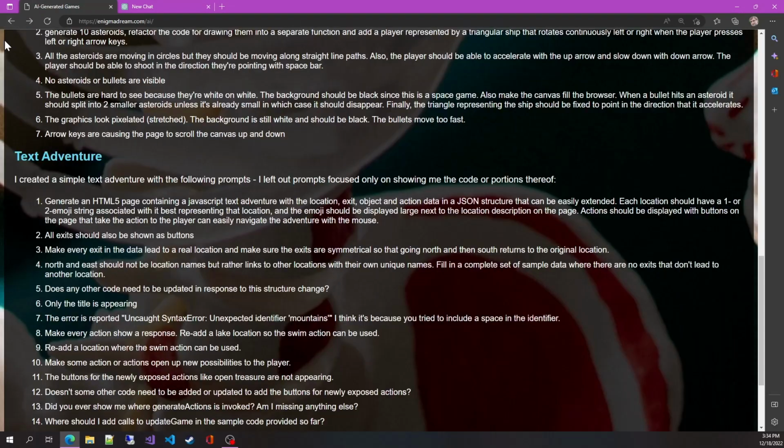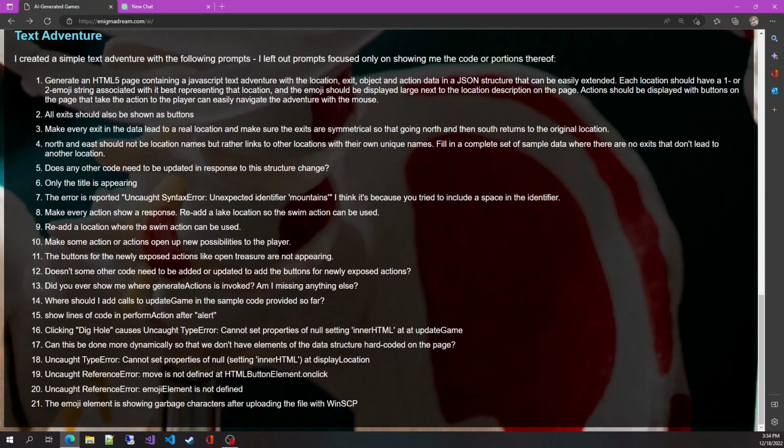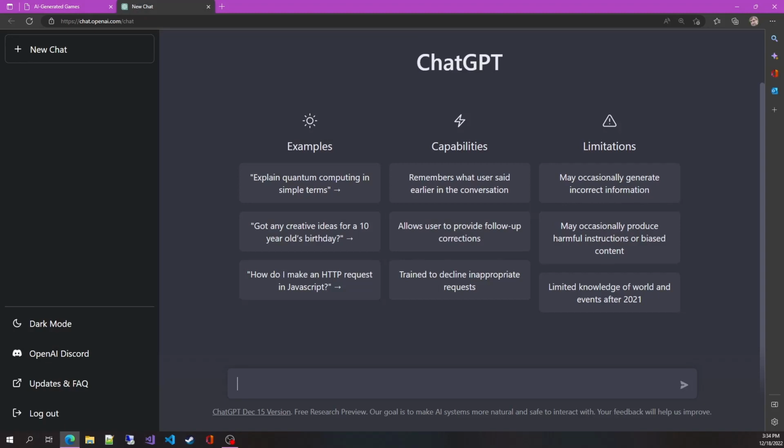But we'll see what kind of result we end up with today if I try a similar text adventure and see what we get. So let's say, create a text adventure, and I want to put it in a DHTML. I found that